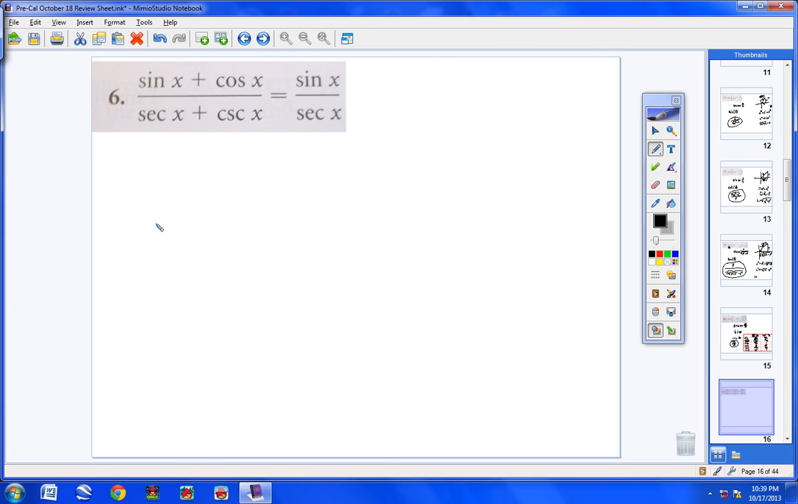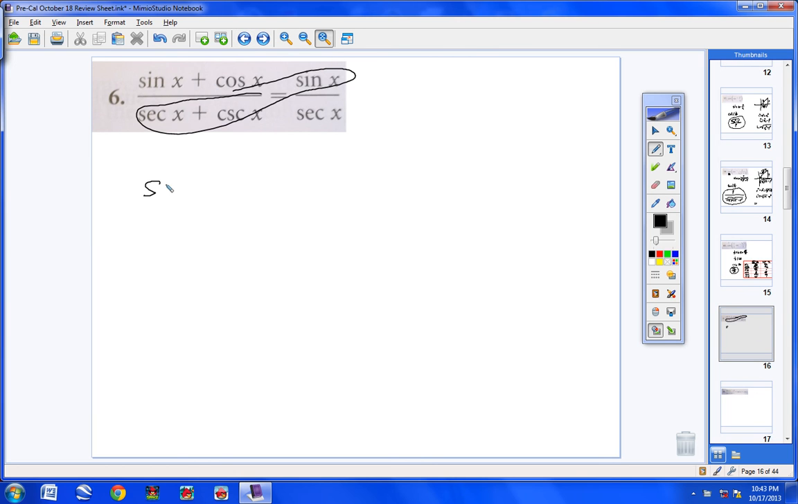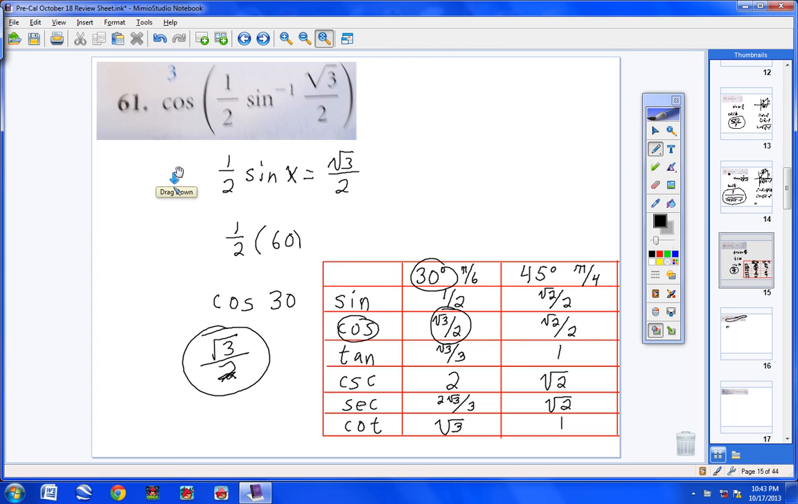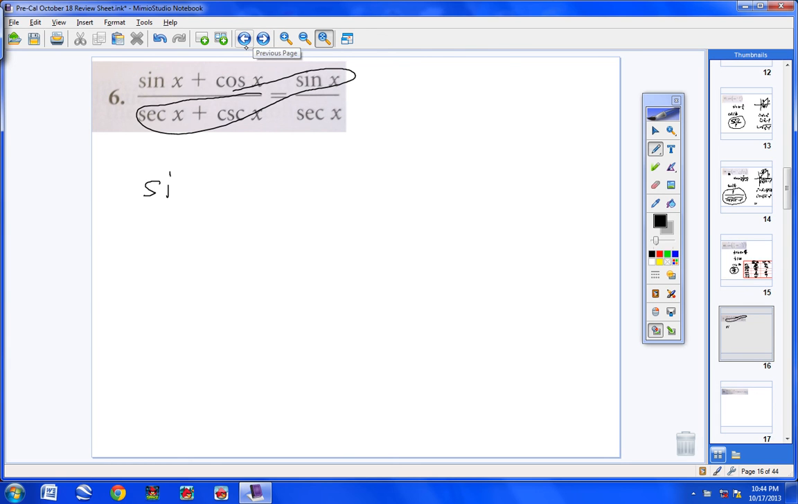Page 562, number 6, and we are going to prove these trig identities, okay? So here we go, number 6. What I've taught you in the past is quite often when you have one fraction on one side equal to another fraction on the other side, you cross multiply like this. And that's what we're going to do. We're going to take sine times secant and sine times cosecant. So I would have